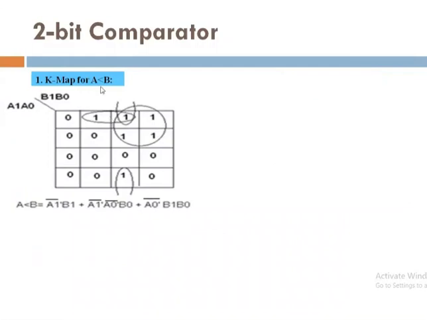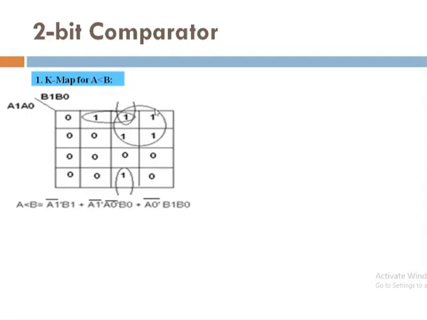Now consider this is a k-map for A is less than B. Observe the column of A is less than B and put the respective values. Here I have considered the horizontal layout; you can also consider the vertical k-map. Now we are practicing designing the k-map, so I have just put the high values. Now from that, if you make groups, you are getting three groups.